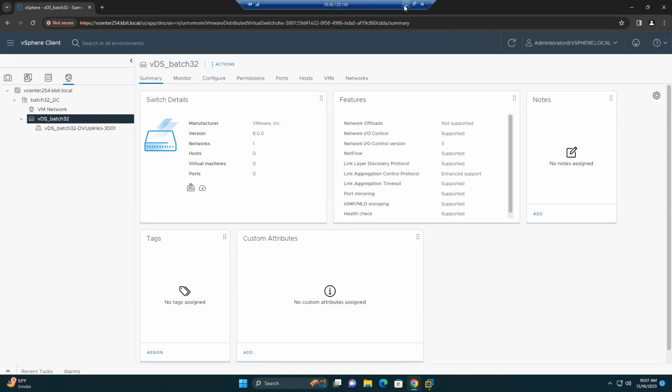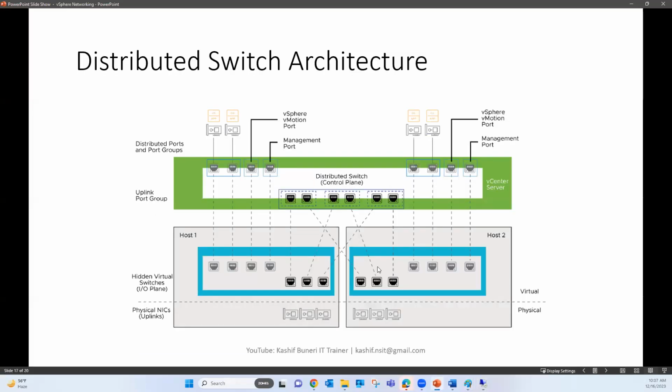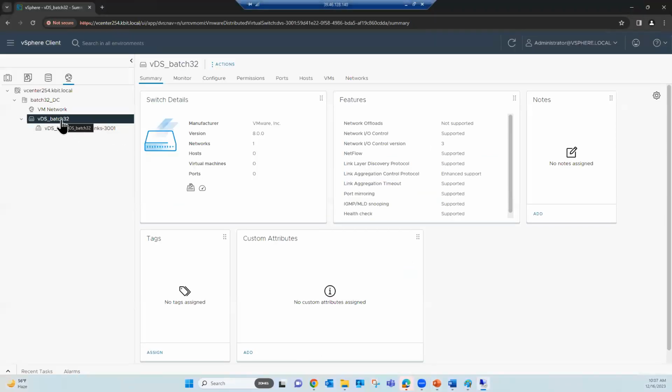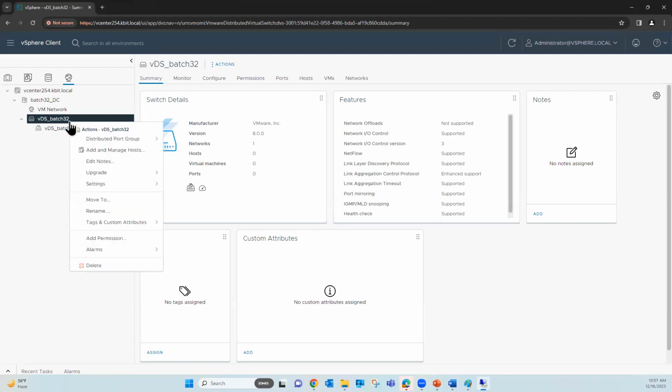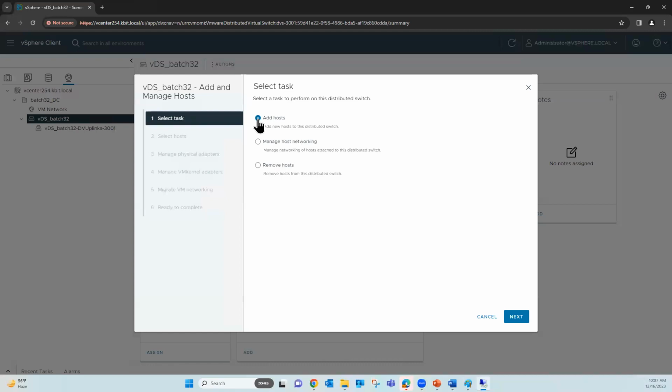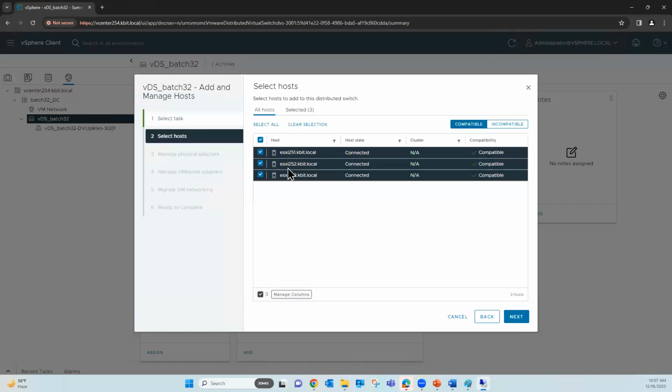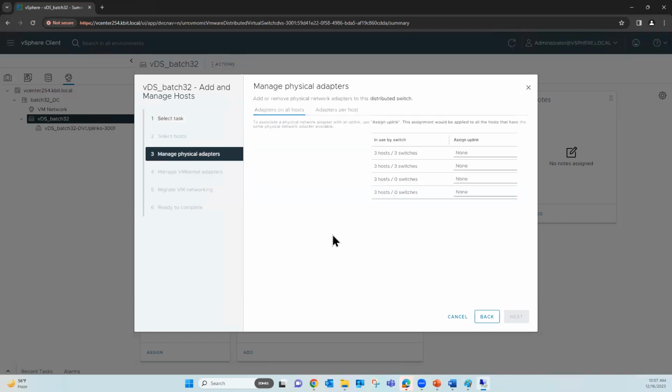So we just finished the lab, this one, creation of vSphere distributed switch. Now we are going to attach ESXi host, add ESXi. You can right click on the distributed switch which we just created. We have an option called add and manage host. Here you can select add host. You can select all the hosts, right? Okay, manage physical adapters,